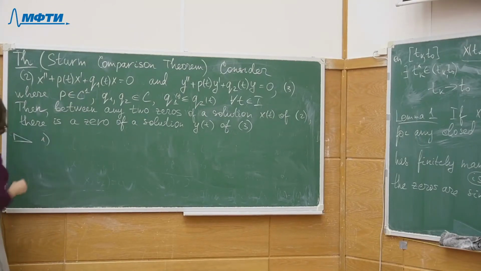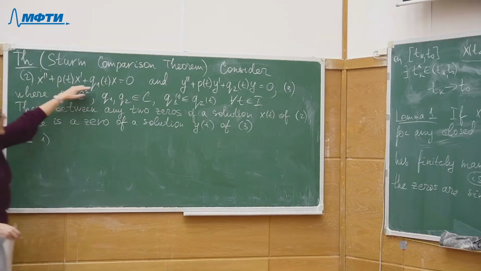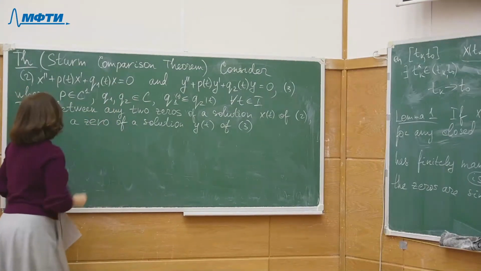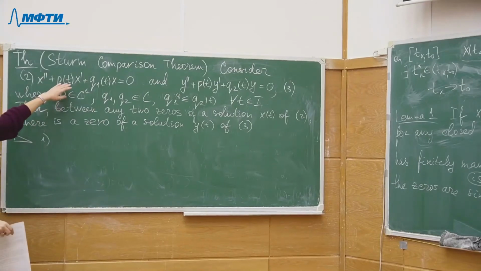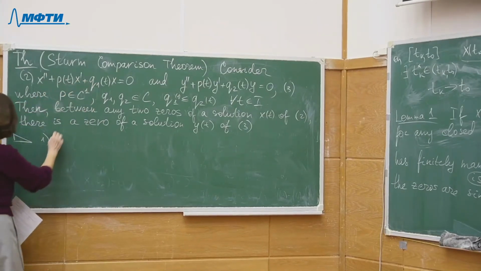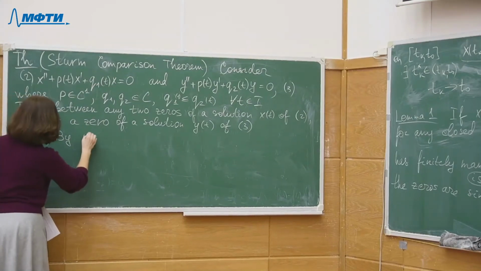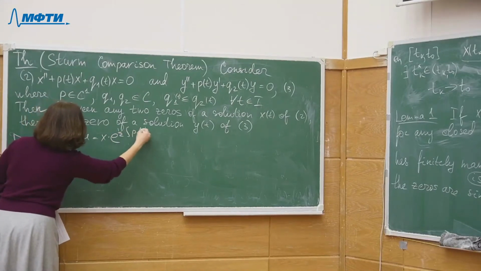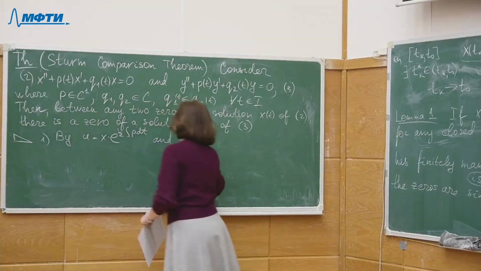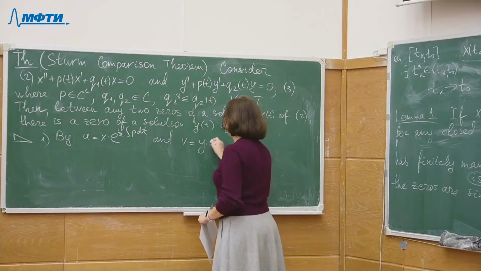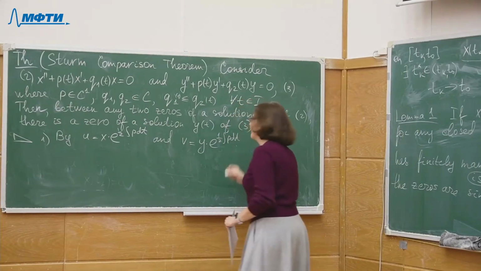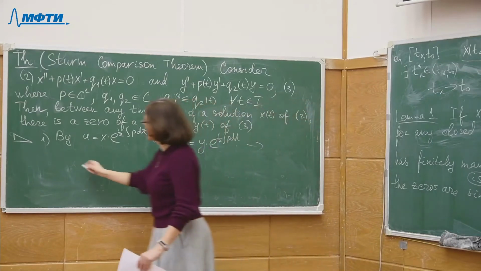So step number 1. First of all, I will reduce both equations to equations that do not contain the second terms, right? So by the substitution u equals x times e to the power 1/2 the integral p dt, and v, which is equal to y times e to the power 1/2 the integral p dt, we reduce both equations to the form